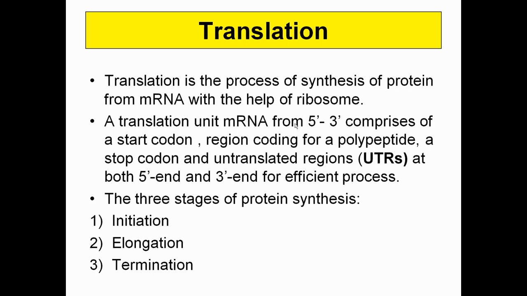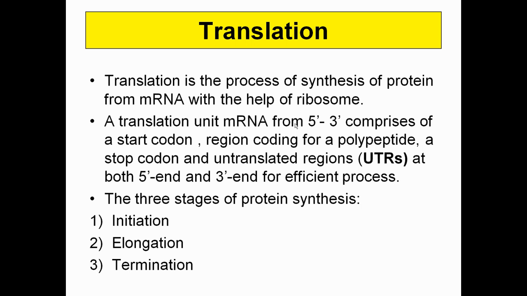At the 5 prime end there will be 5 methyl guanosine triphosphate. That process of adding it is referred to as capping, and a poly A tail, more than 200 base pairs, is repeatedly added at the 3 prime end. So you should be very clear about what UTRs exactly are.